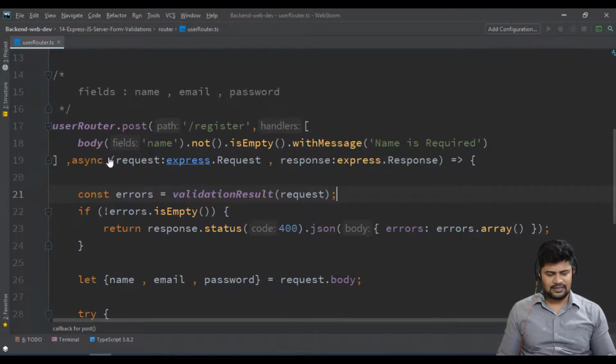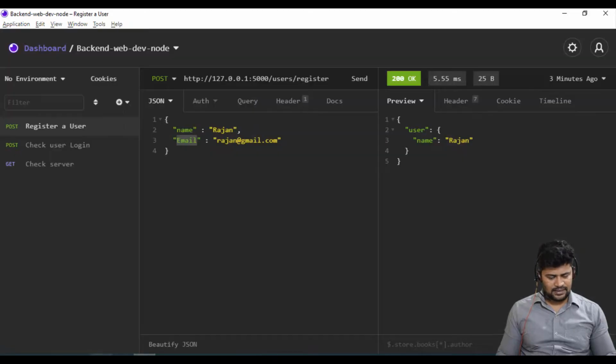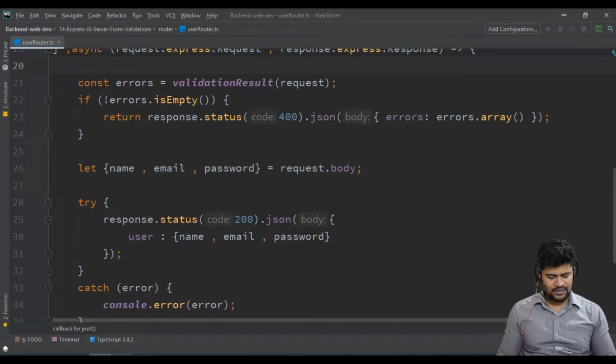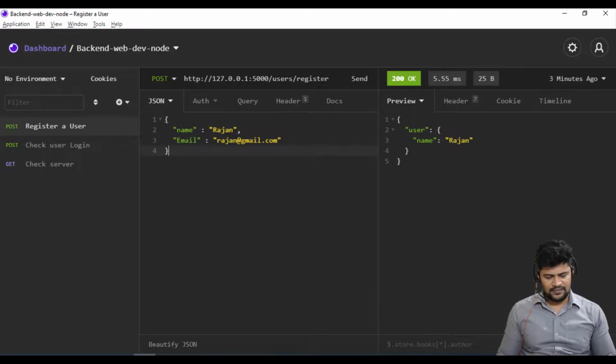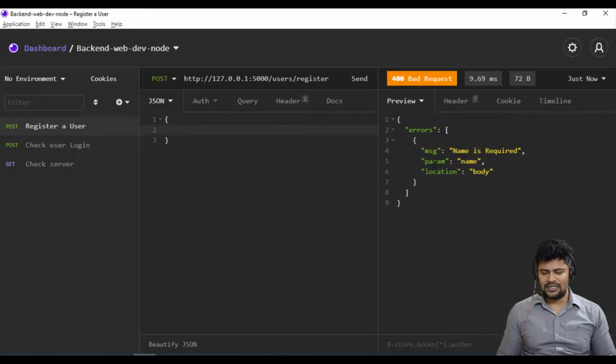That's all. So now let's check. I have done this part. Just apply validation only on name. I'm back here, and I think my server is up and running. If I provide a name, it'll take the name. But if we don't provide the name, what should you get? You should get the error. See, you got the error: name is required, a field parameter in the request body. So you must provide the name.